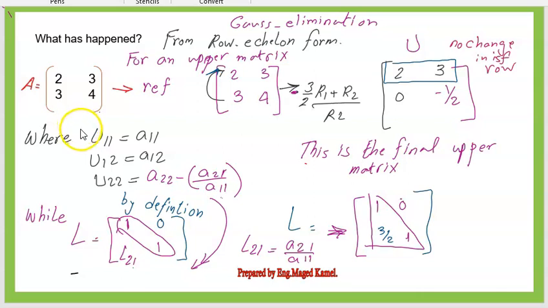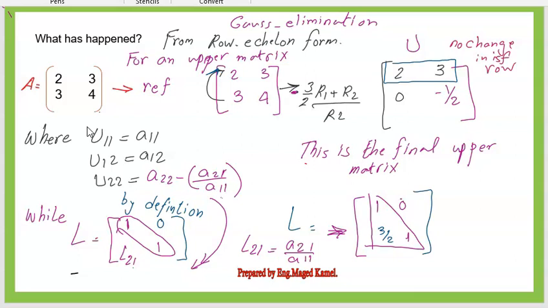Good day. We have talked in the previous video about LU factorization and how to get the value for both L and U matrices. We want to link this subject with the Gauss elimination process or the row echelon form. We use Gauss elimination through elementary row operations to convert the matrix A to an upper matrix, and later we use back substitution to solve for the values of unknowns.